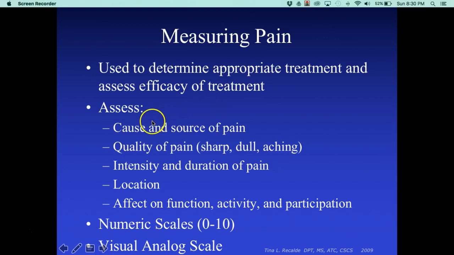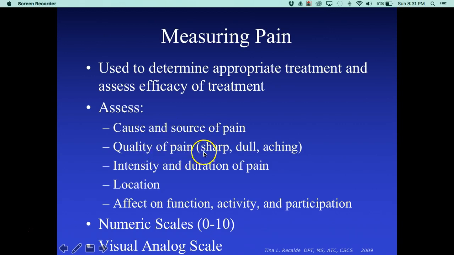So you're going to assess the cause and the source of the pain. So basically their history is something that happened to them, and you're going to know a little bit of this because you're going to be following the physical therapist evaluation, but sometimes you're going to see them the next day and maybe that pain has changed, or maybe they went out for a run and they increased their pain, and so now you know that source of pain because they went from maybe a mile to 3 miles. So you're still every day going to be asking that cause and source of pain,